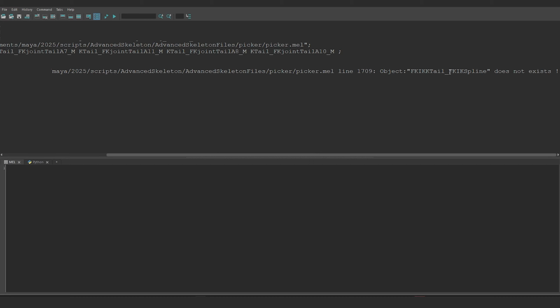And I can immediately tell why. It's because of my prefix, the string prefix that I used when I imported the tail. You see, for advanced skeleton, it's very important that you rely on namespaces. That's how it works when there are several advanced skeleton rigs in the scene. So using a string was just not a good idea. What's actually happening is that it's telling me at line 1709. So if I go look at line 1709 in the picker,